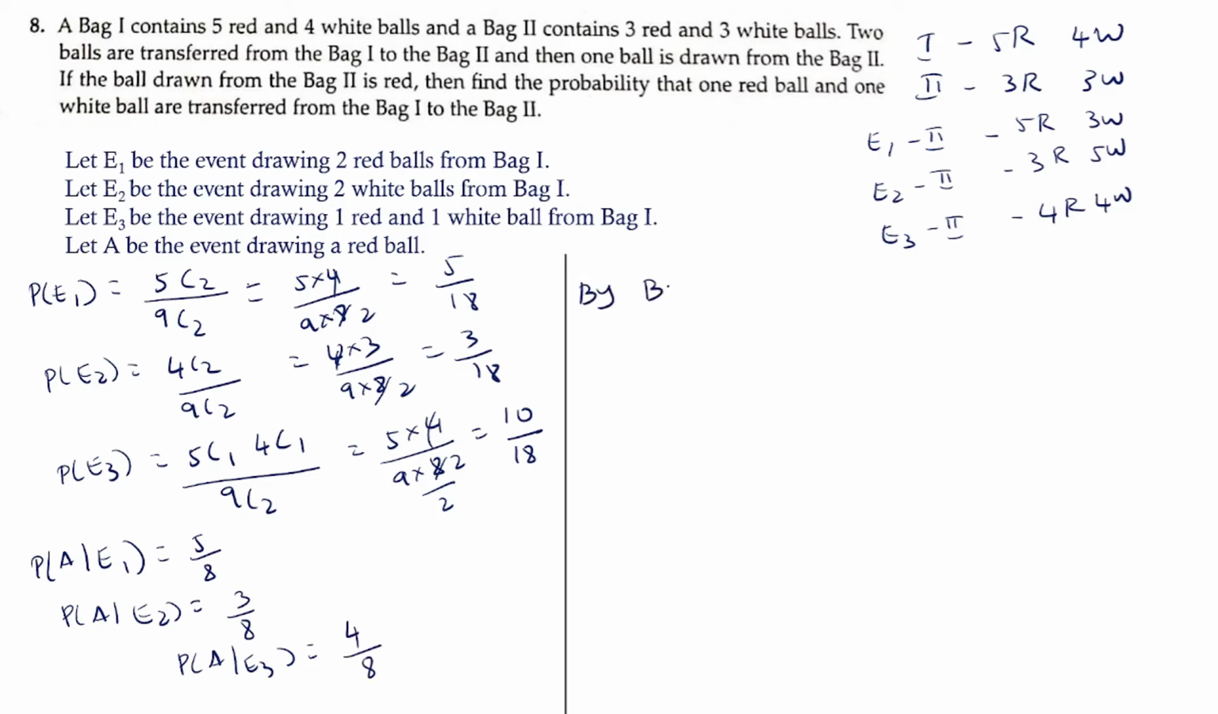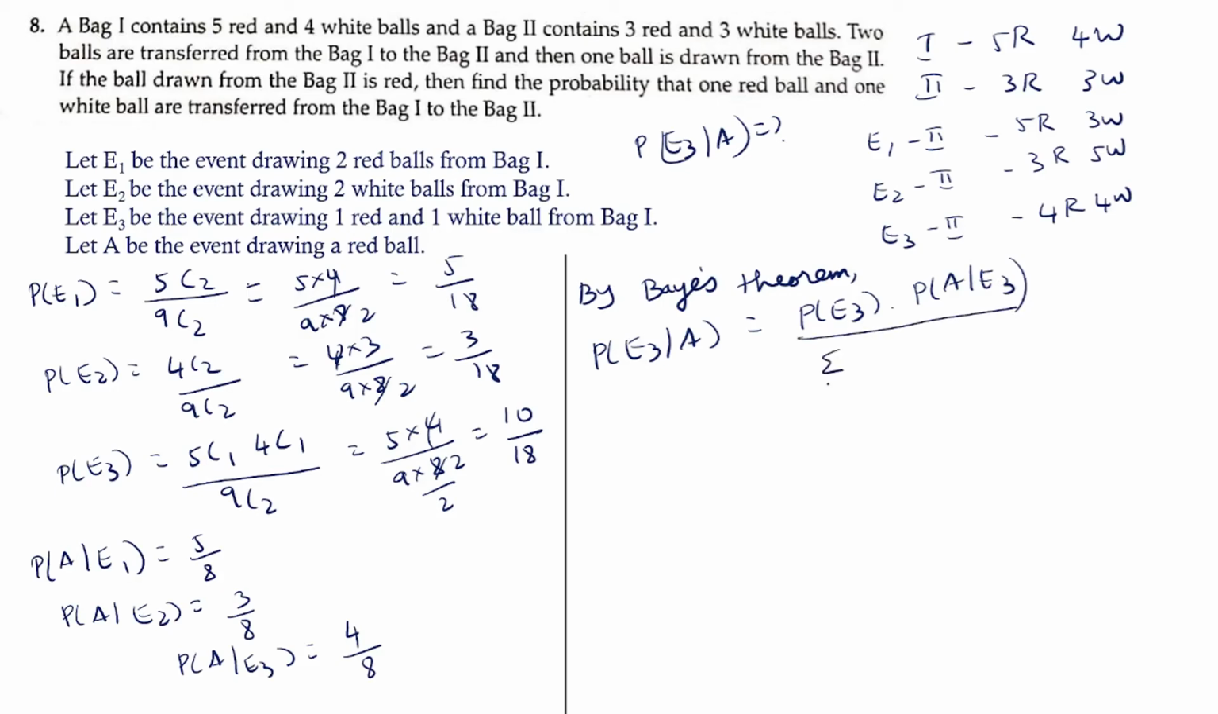Now by Bayes theorem, we need to find probability of E3 given A. This is what we have to find. So we can use Bayes theorem to find this probability. Probability of E3 given A is equal to probability of E3 into probability of A given E3, upon summation i equals 1 to n probability of Ei into probability of A given Ei. So this is equal to probability of E3, 10 by 18, into probability of A given E3, 4 by 8,